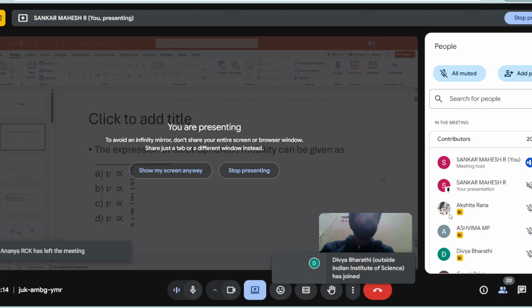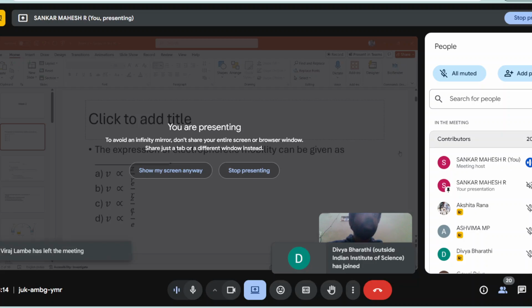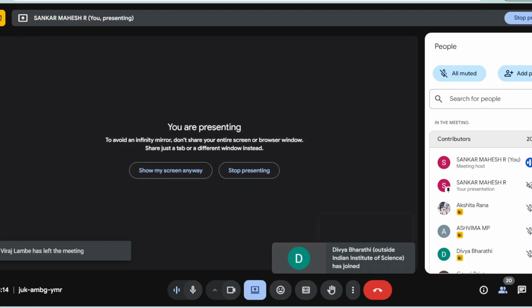So we will work through all options. We will work by eliminating the options, and that will help us know how each of the operands or operations are related. So the first question for today's session is, the expression of electrophoretic mobility can be given as dash,